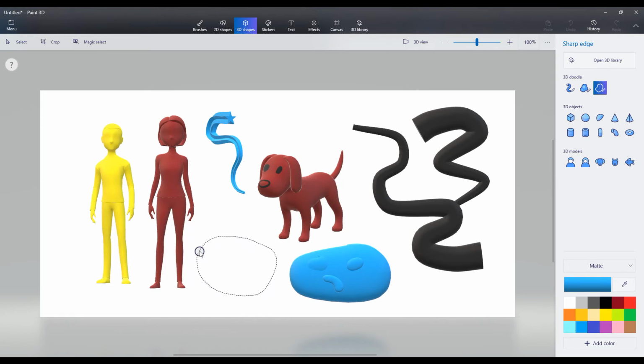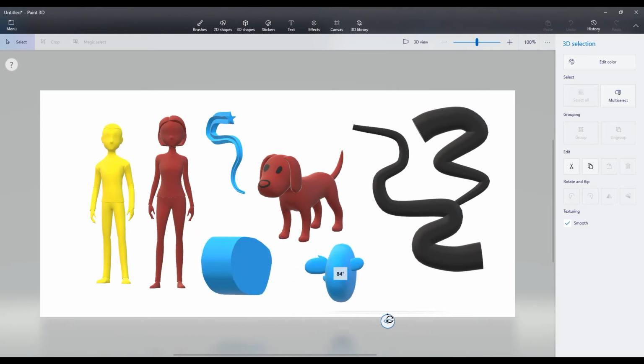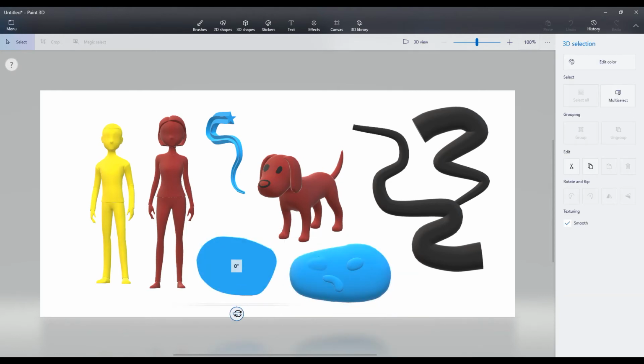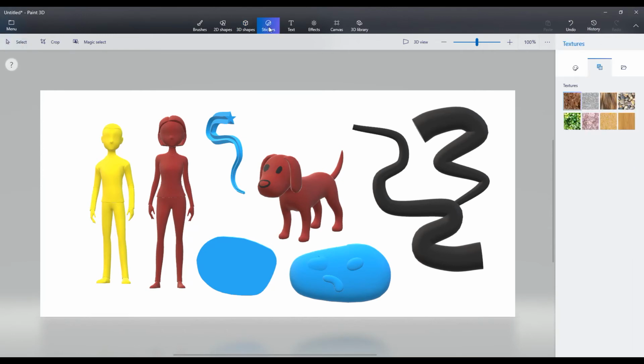Now, as you can see, I will have more shape of a brick, not a round piece, more a brick. So only with those options, the 3D doodles and the 3D object and some of the models, you can have a lot of fun. Another cool option in Paint 3D that it's also existing in 3D Builder is the sticker